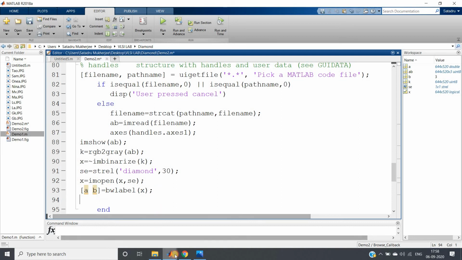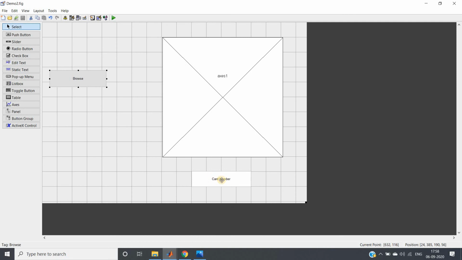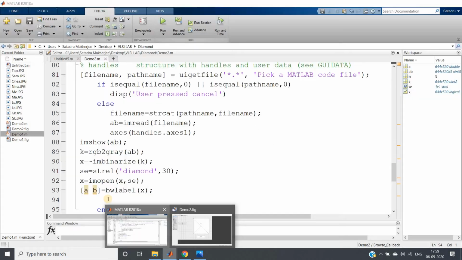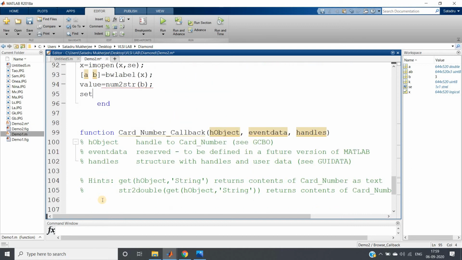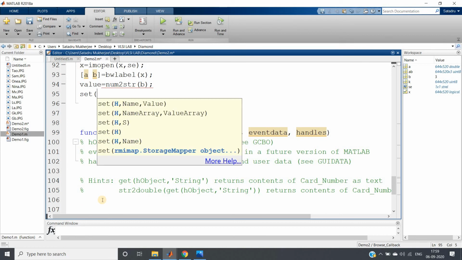This we need to give to the card number. So we will write value equal to convert to string, number to string, and give the value, and this value I need to set to the edit text, that is handles.card_number.